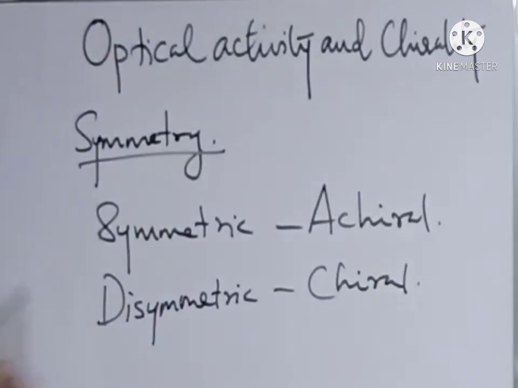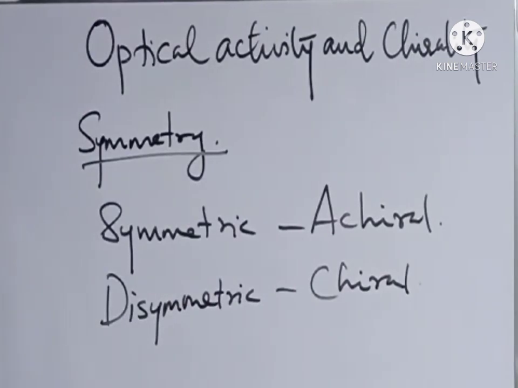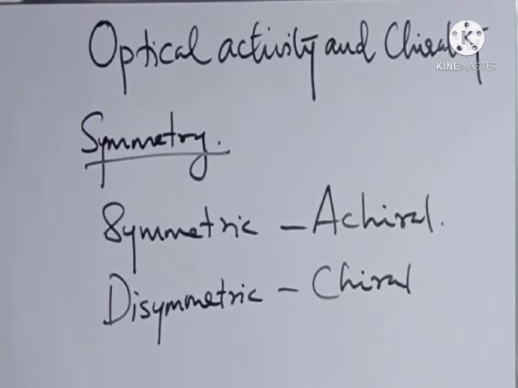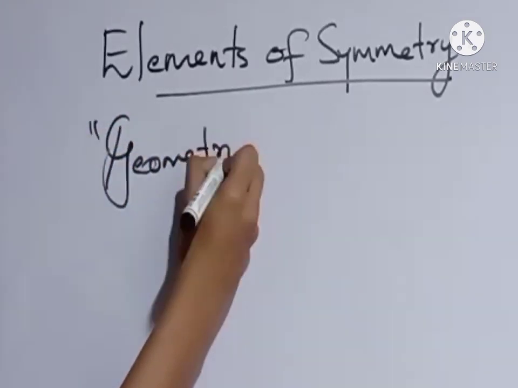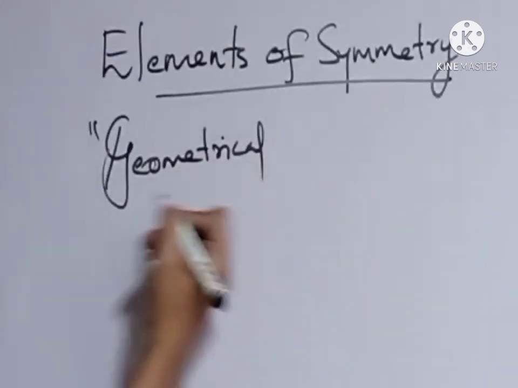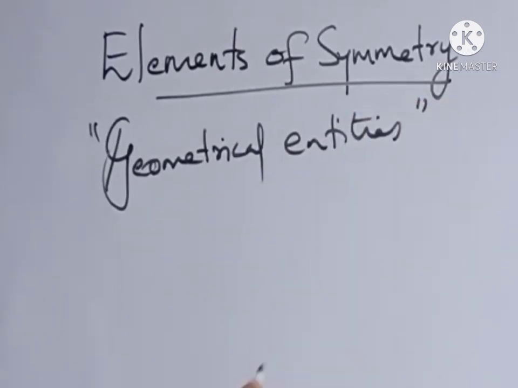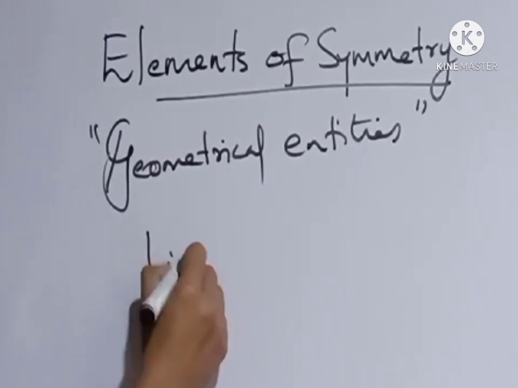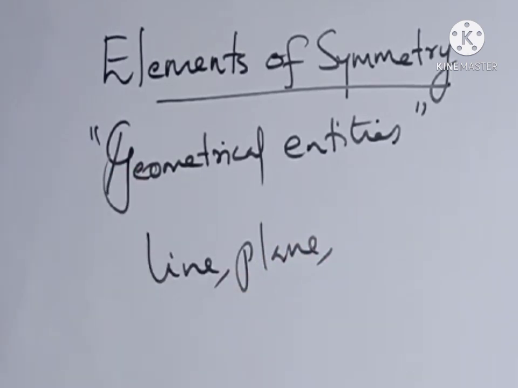So, before going to the details of chirality, we should have a thorough idea about symmetry and the elements used to find out the symmetry of a molecule. So, let us go to the details of elements of symmetry. These are the geometrical entities which are used to find out the symmetry of a particular molecule. These may be a line, a plane or a point,